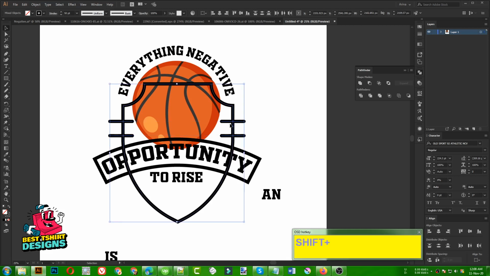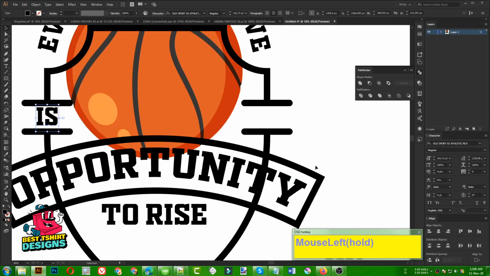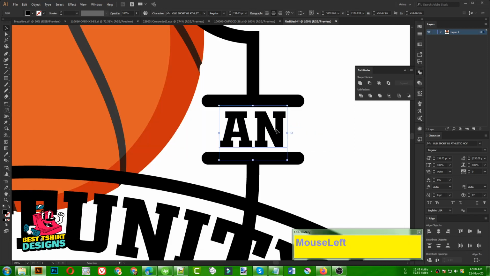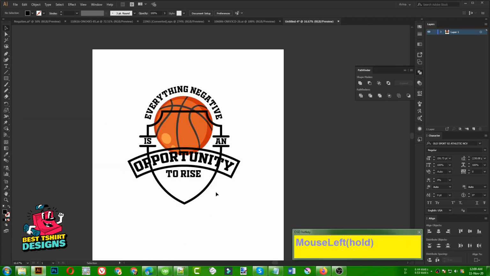Then if I select this shield option, then press Shift M, I can simply erase the part that is... okay, sorry for that, this one is not in the center, just like this. Then select it, press Shift M, and I can press Alt and erase that part. So I'm going to place my "is" text here. Then I'm going to take my "and" text, but I need to make it the same size, and it is going to fit in the area here. Okay, so my design is now looking like that.